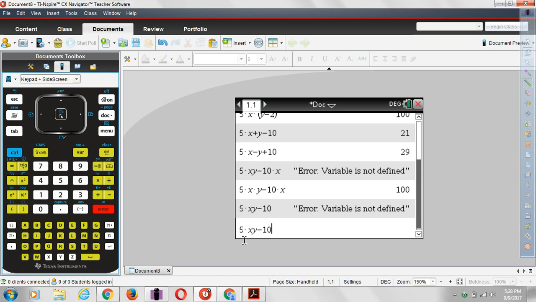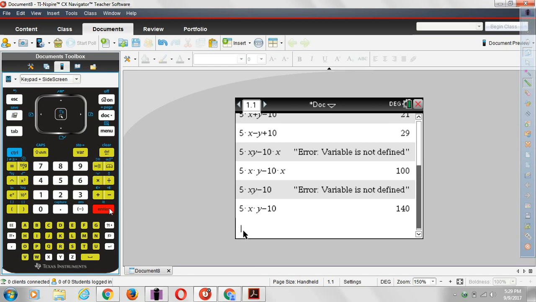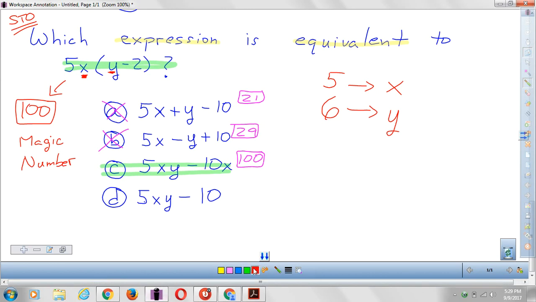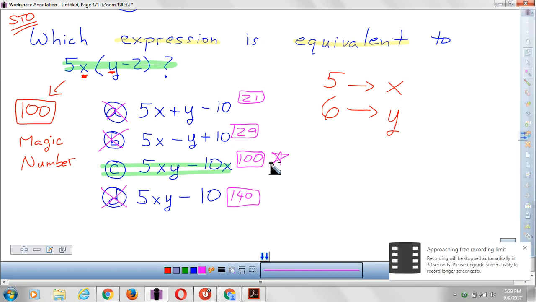And okay, I have my thing here. And I look closely and I see, why aren't my letters bold? Well, if the letters aren't bold, I'm going to go right back and press times. And you can see right there, you pressed times and the letters became bold. And now when I press enter, I get 140. And we don't want 140. That's not the right answer. So 140 is not a good choice for us because it is not the magic number. Of course, this one would have been eliminated, and we know for certain now, absolutely for certain, because we've done all the choices, that choice C is